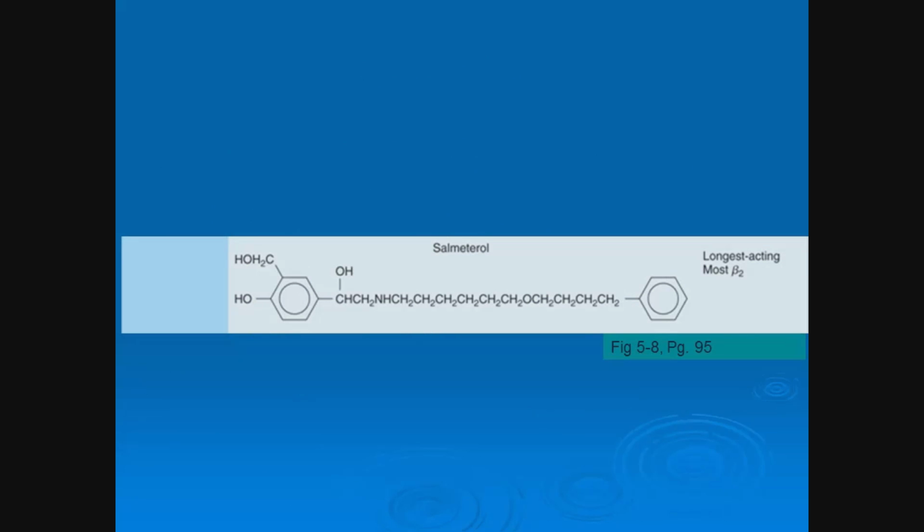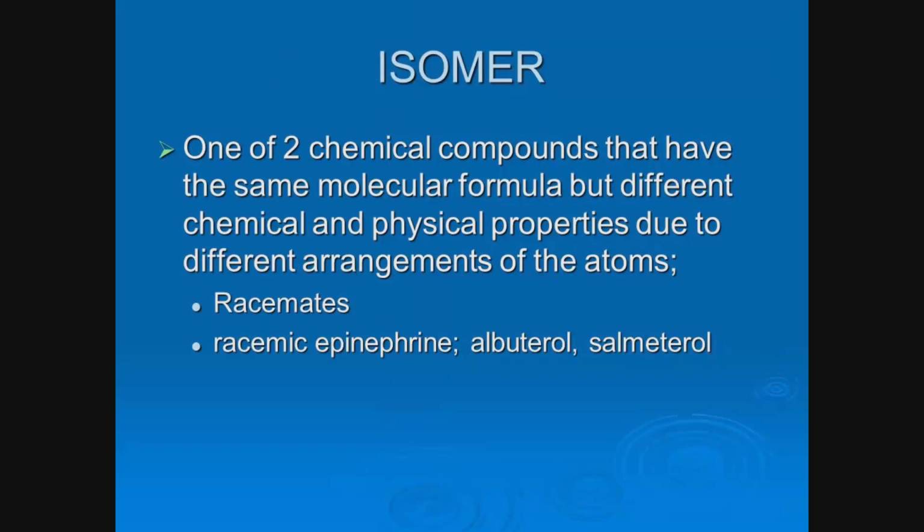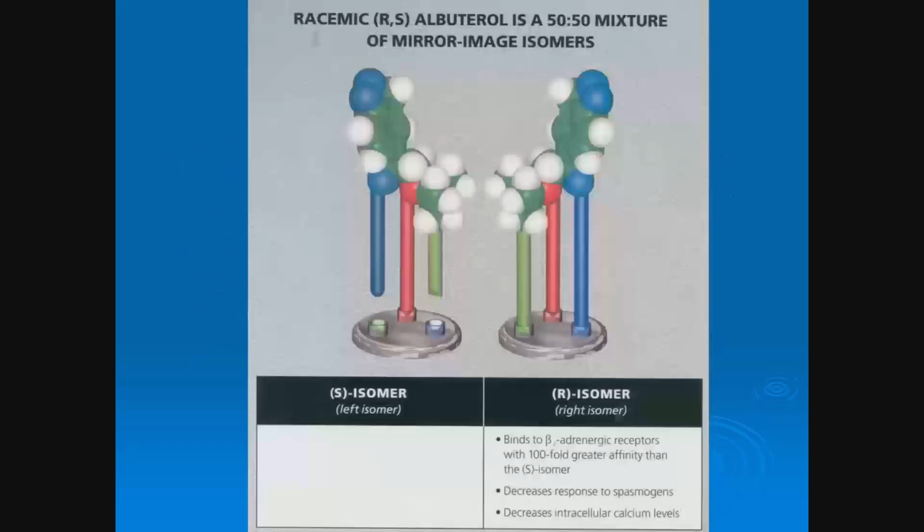So look at that chain. Yahoo! It's way out there. It's not the longest acting one, though. Did we confuse you? A little bit longer. Okay, we talked about isomers before. We talked about these racemates. Okay. An example here is the albuterol